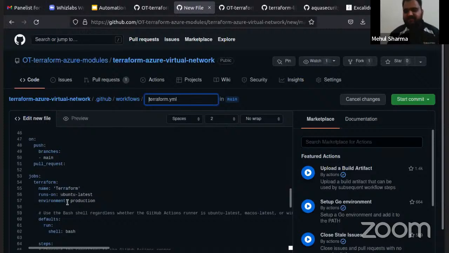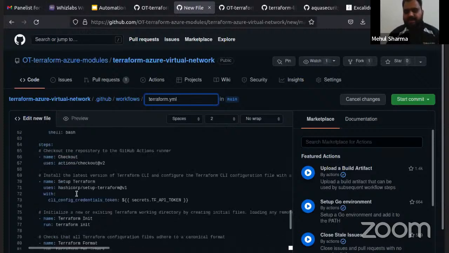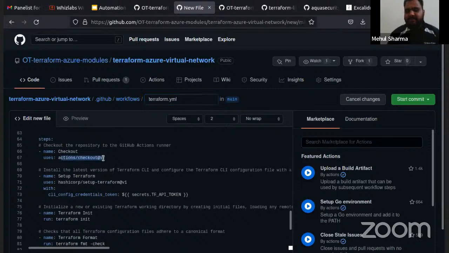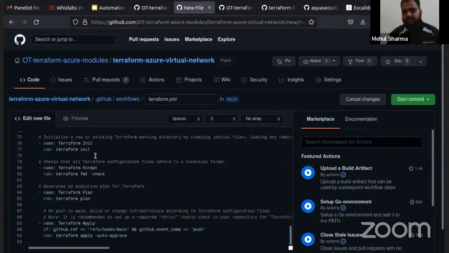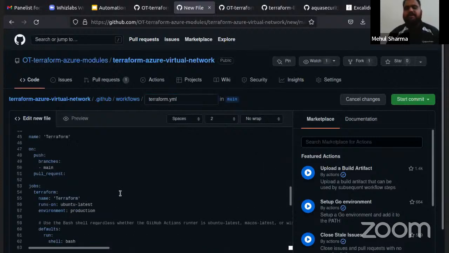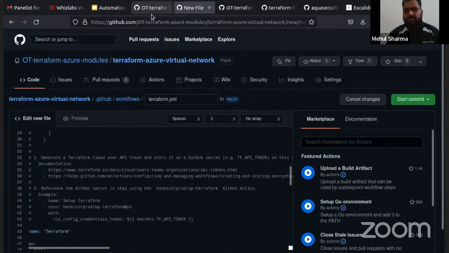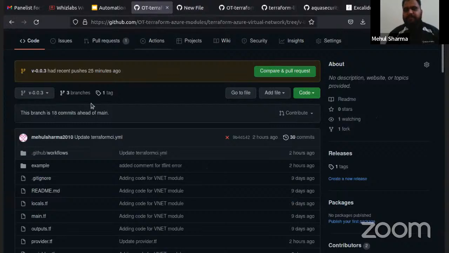For the starter, you can see what they are doing: they are checking out the entire code, then doing a setup, then setting up Terraform and running init and everything. So it is not that you cannot do it; you can do it with the help of this as well. But for our scenario, we have created our own